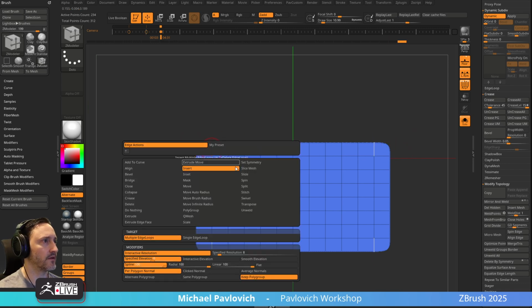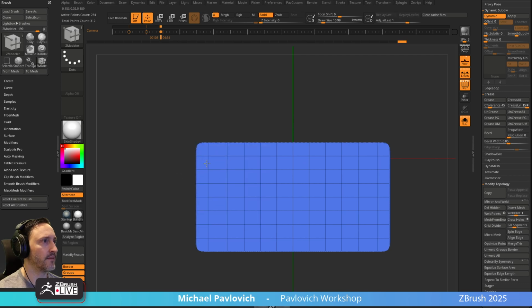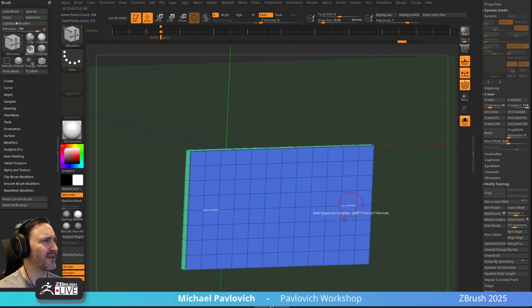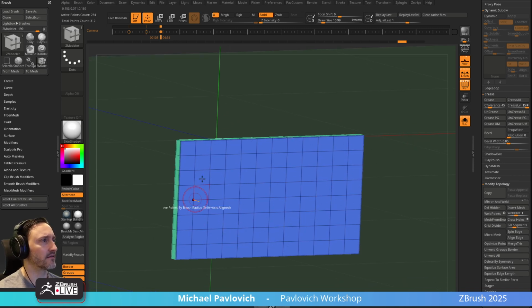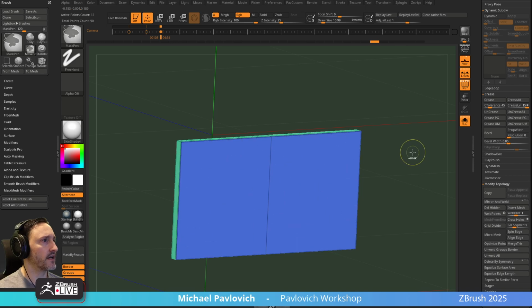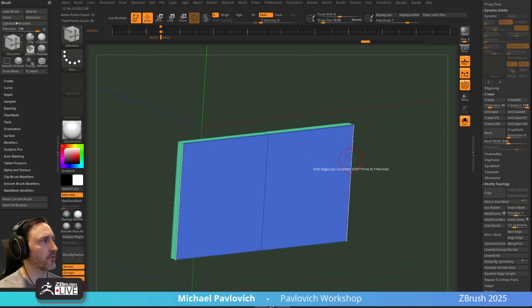I can go through here and slide edge loop complete. And I can control these edges to get the exact curvature that I want. But I just have more distributed, even polygons for polypainting or rendering. It's not game res, but it's nicer for high res. Even beyond that, if I undo that and you have just a shape like this, another way to do this